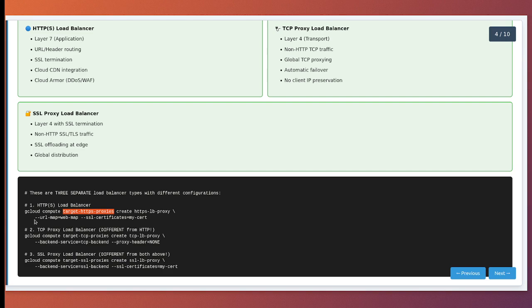It's the go-to choice for modern web applications and APIs. The Global External TCP Proxy Load Balancer handles non-HTTP TCP traffic at Layer 4 but with global scope. It terminates TCP connections at Google's Edge and establishes new connections to your backends, which allows for global load balancing of TCP traffic. Common use cases include global database connections, custom TCP protocols, and legacy applications that need global distribution